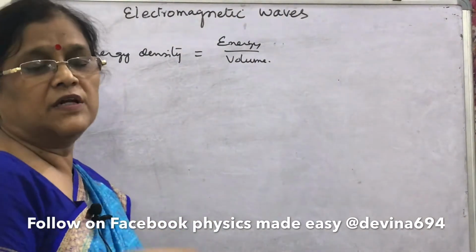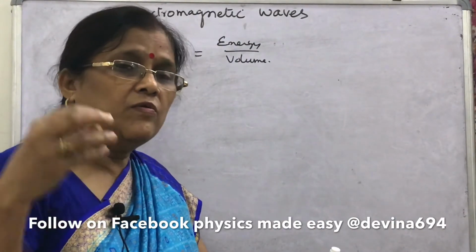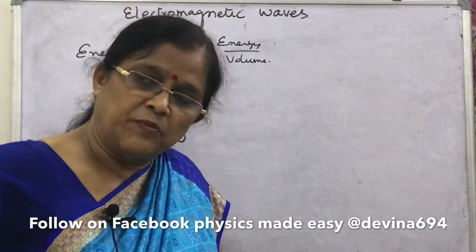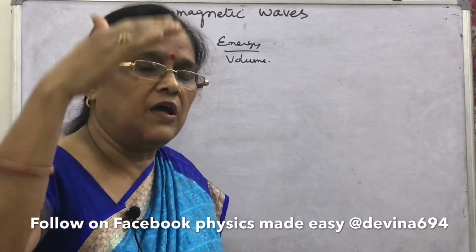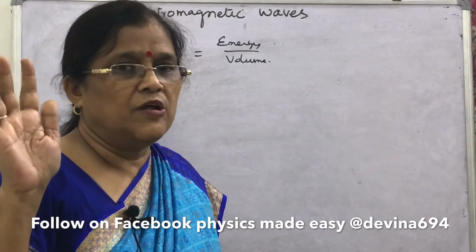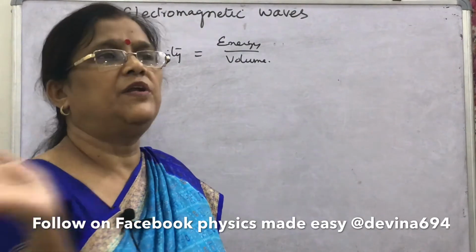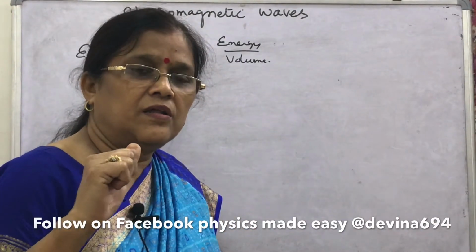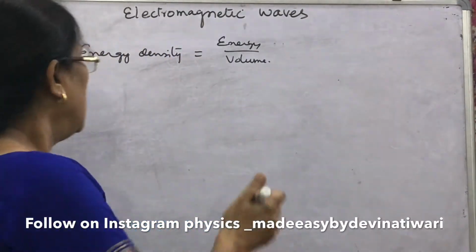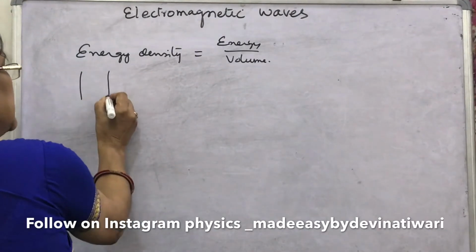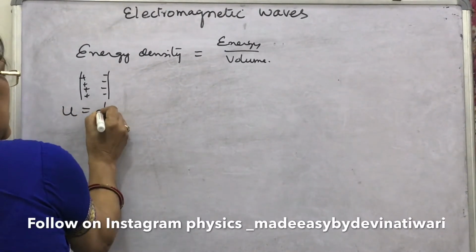What we will do? We will consider a certain volume. Suppose an EM wave is propagating, then through that volume how much energy is contained, that energy per unit volume we will calculate, because electric field and magnetic field vectors are self-sustained. EM waves move from infinity to infinity. Then how much energy are you going to study? Per unit volume. So look, if the charged capacitor in LC oscillations has the energy, that is its electrical energy,